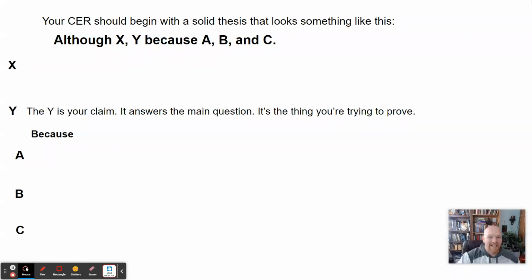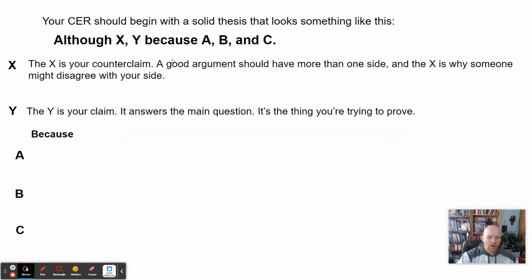And then maybe I'll write my counterclaim. Even though it comes first in the thesis, when I'm writing, I start with the why, and then I'll write that although X part. So the X is a counterclaim. And any good argument should have more than one side. The X is why someone might disagree with your side. Although X, although this might be true, this is really true, and I'm going to prove it to you because